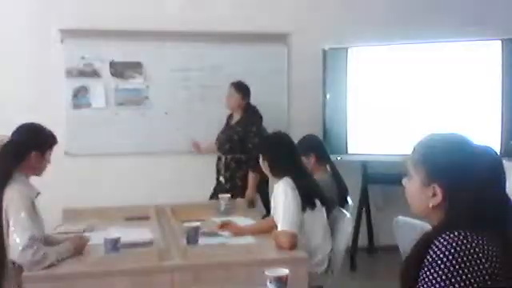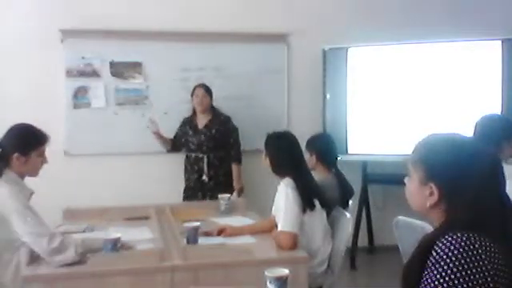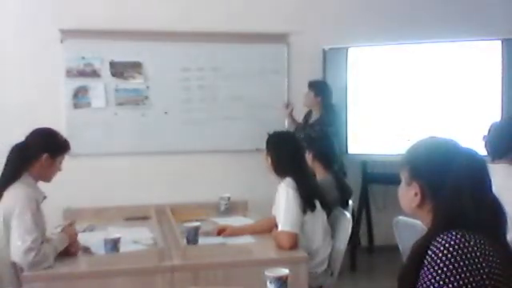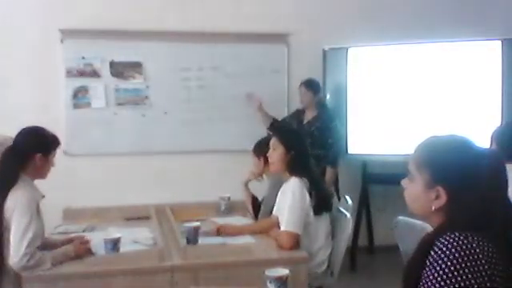Okay, now we go to the whiteboard, and we have 4 pictures. You should choose one picture and describe this picture according to these questions. Where are they, what kind of holiday do you think they are on, and who are they traveling with? What can you do in this place, and why would someone be there? Okay? Please choose, first group, which picture you would like to describe. Come to the whiteboard and choose one picture.